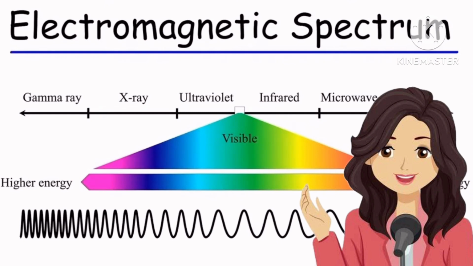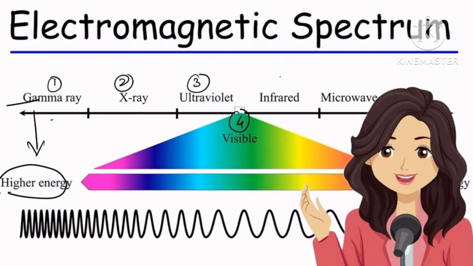All right, now this is the electromagnetic spectrum. Starting from gamma rays to radio waves, we have these electromagnetic radiations. Gamma rays have the highest energy. Okay, gamma rays, then comes X-ray, then UV rays, then the visible spectrum, then infrared, microwaves, and radio waves. Moving from right to left, we have gamma rays with higher energy and radio waves will have the